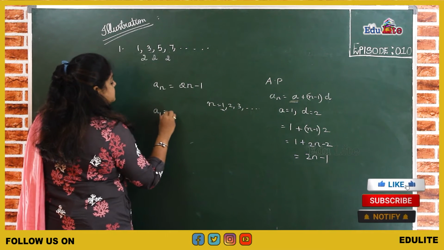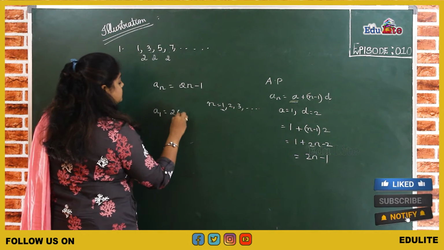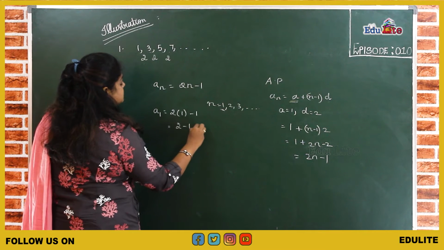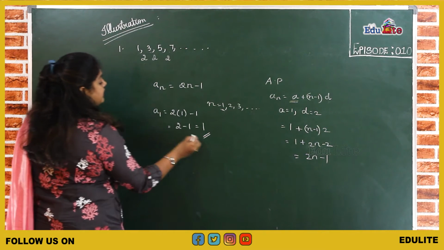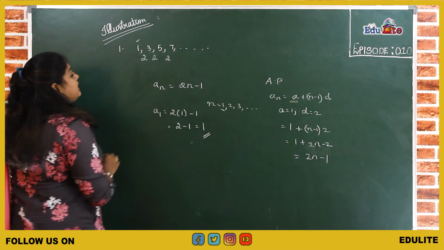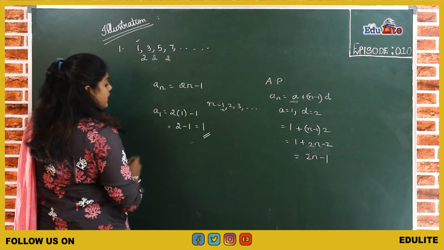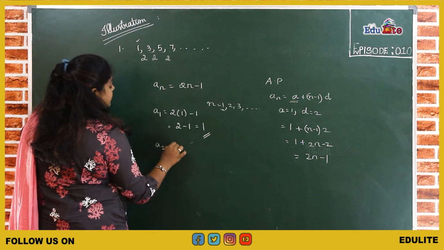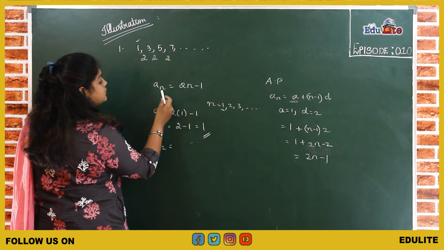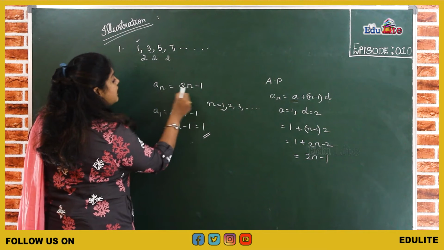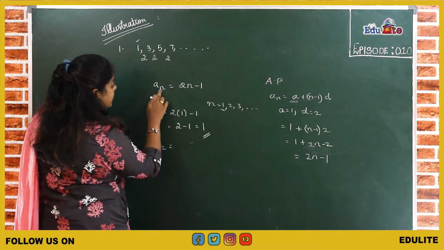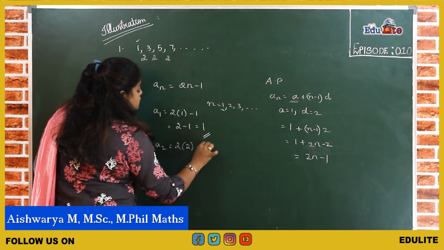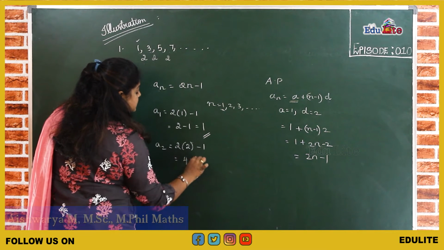Therefore, a1 equals 2 into 1 minus 1. So, 2 minus 1, which equals 1. We got a1 as 1, and in the sequence the first term is also 1. Next, we will check for n equals 2, a2. What we have to do is substitute the value of n as 2 in this general term. What will we get? a2 equals 2 into 2 minus 1, 2 twos are 4, minus 1,